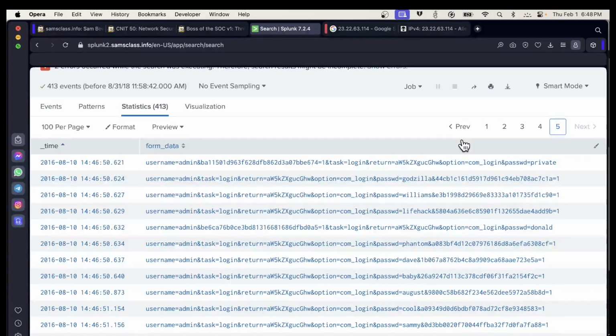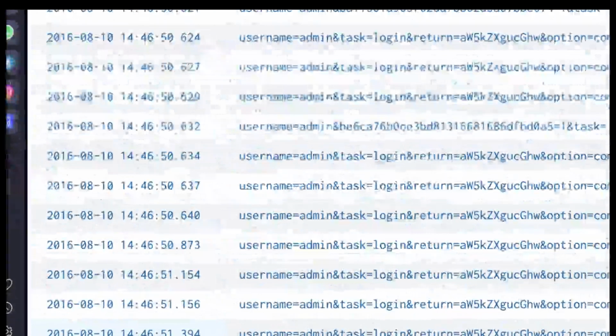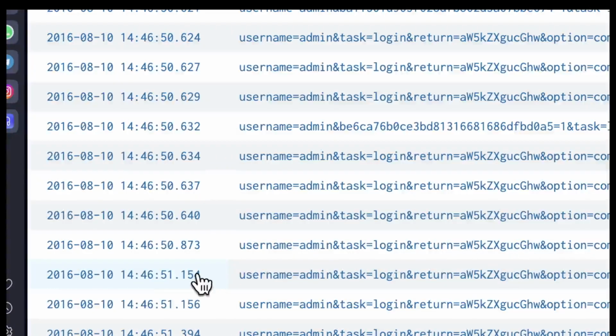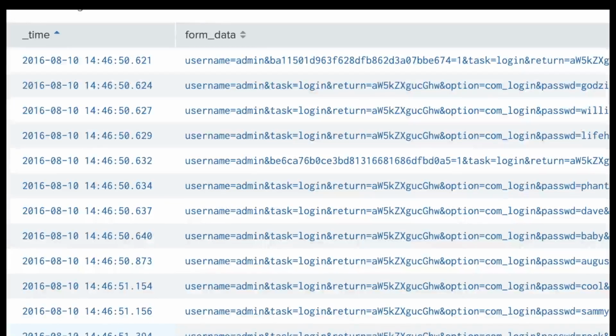Could you hit time again when it's sort of in reverse? Yes. Yeah, that would be another way to get to the end. Absolutely. All right, and so now if I go to the end, I'm going to see, here it is trying 51.154.156, trying really fast, trying a lot of passwords, and then it ends at 4651.394 seconds,